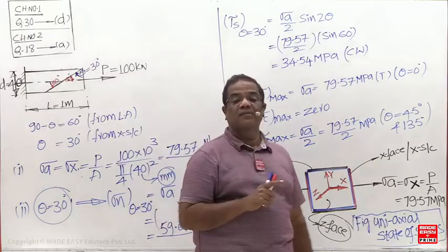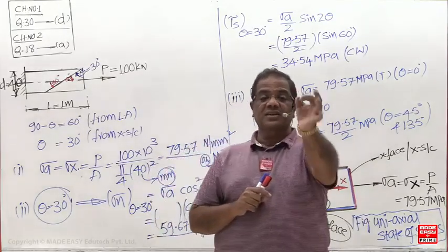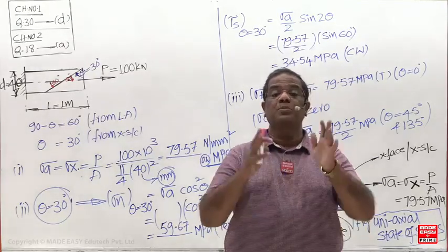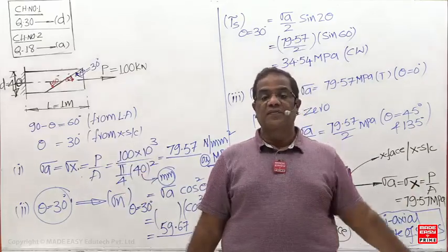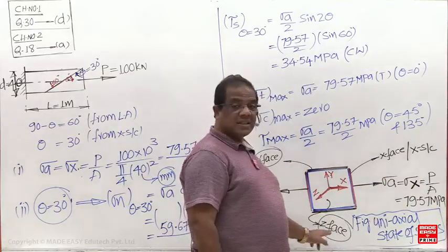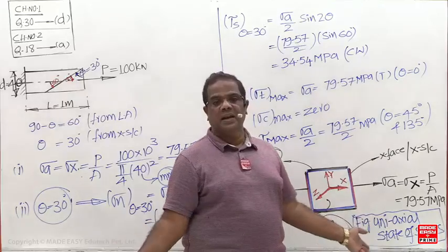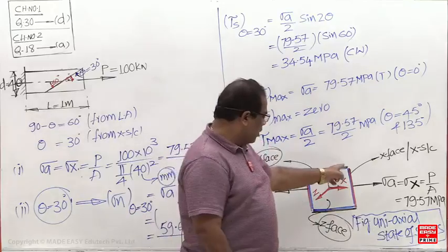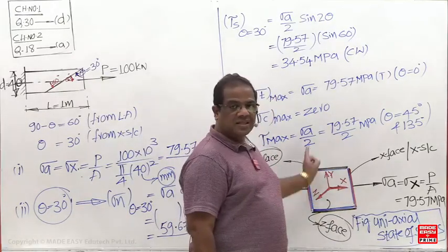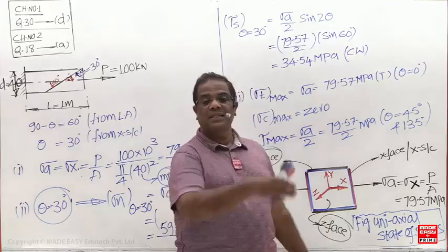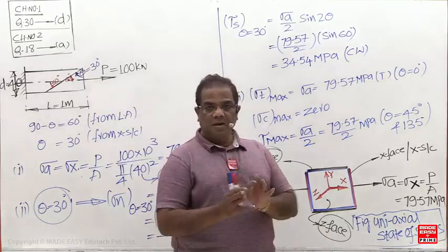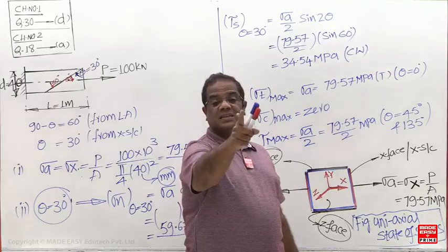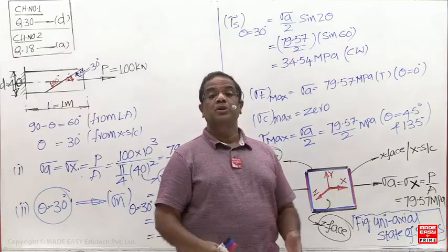So what does the state of stress always represent? It always represents how many stresses are developed on 3 mutually perpendicular planes. This figure is representing the stresses developed on 3 mutually perpendicular planes. This will not give the oblique plane. But if you know the stress on these 3 planes, the remaining planes can be calculated by the oblique plane equation. So remember, this state of stress represents the stresses developed on 3 mutually perpendicular